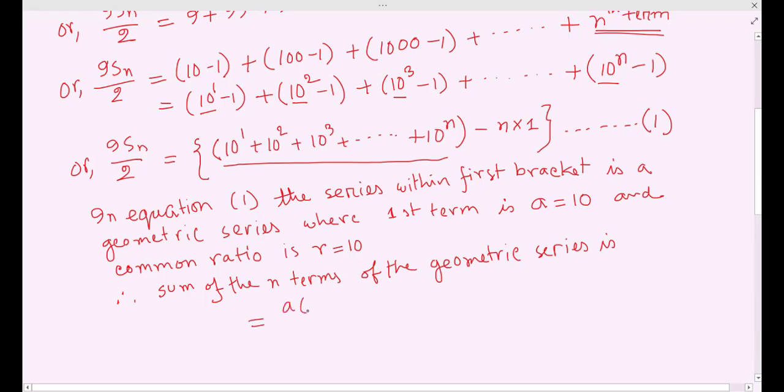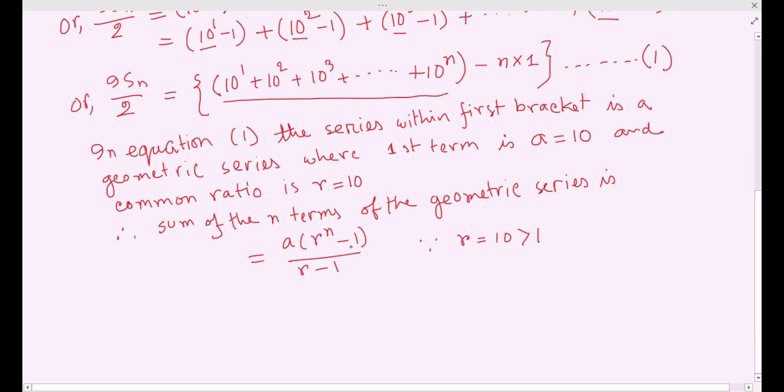A into r to the power n minus 1 divided by r minus 1. Why? Since r is equal to 10, which is greater than 1. R is equal to 10, which is greater than 1. Therefore, we can say 10 into 10 to the power n minus 1